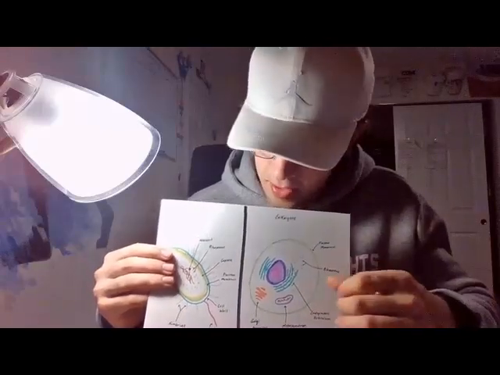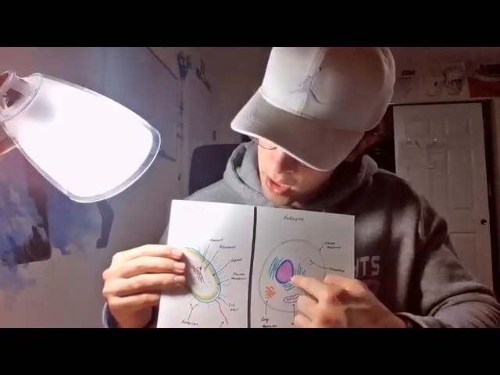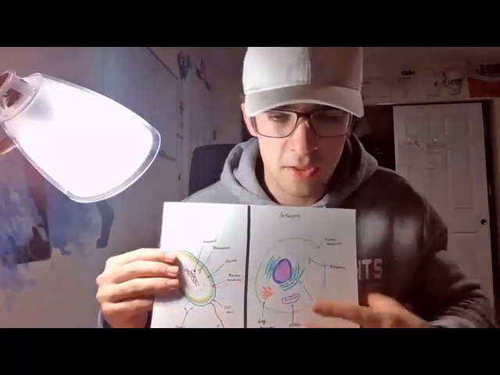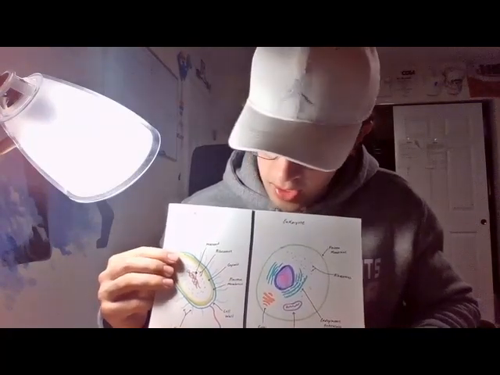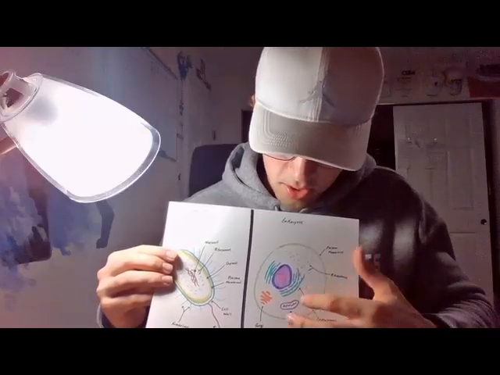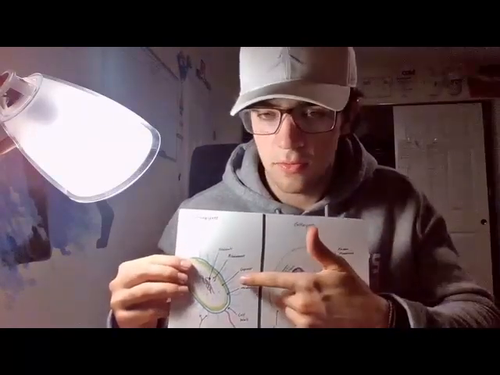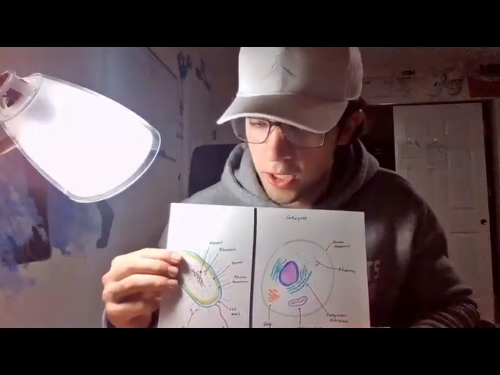So you notice that if we were to take a look between these two, this one is closed by a membrane, and then this nucleolus here does not have a membrane. And you'll notice that there are a lot of closed membrane systems within the eukaryotic cell, where we do not find that within our prokaryotic cell here.